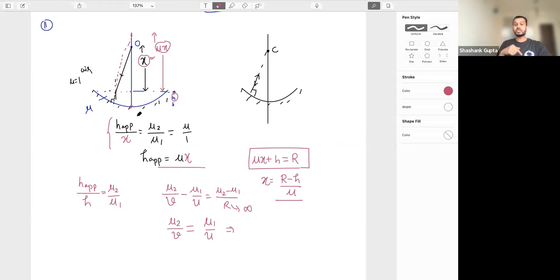The medium in which the ray is going. For us, just think about only this refraction part. The ray is going in the medium mu. V we have to find out, it is the distance from this point. mu1 is what? The refractive index of the medium from where the ray is coming, it is 1. For U, for us it is x. Put it x or minus x, it does not matter because it is on the same side. The image which is forming only due to the refraction from the plane surface is forming on the same side. So can I say V is coming out to be mu into x?